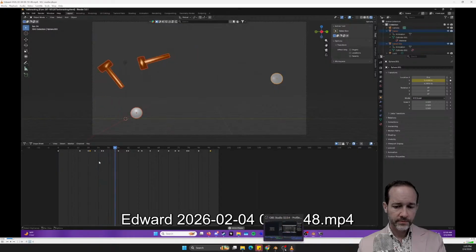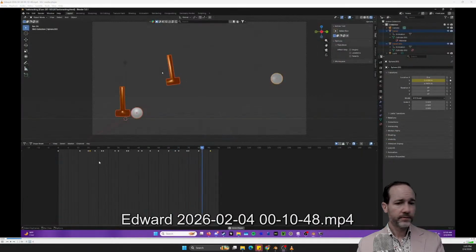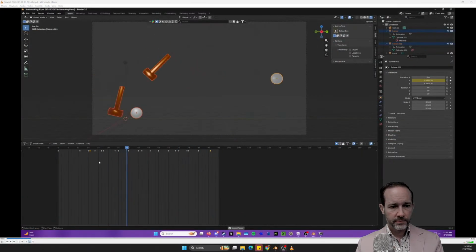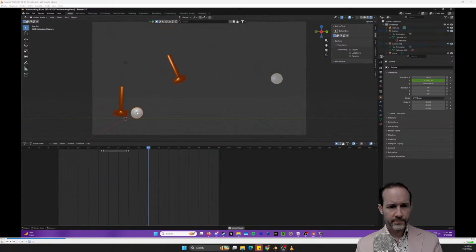This is what I did for the ball weight assignment. I wanted to represent the two different weights mainly through the hammers. So each ball moves pretty differently.